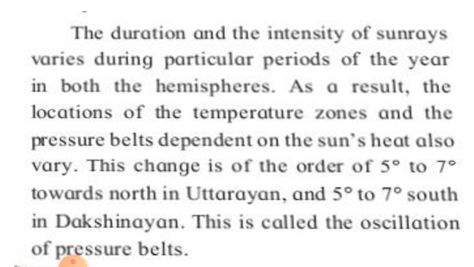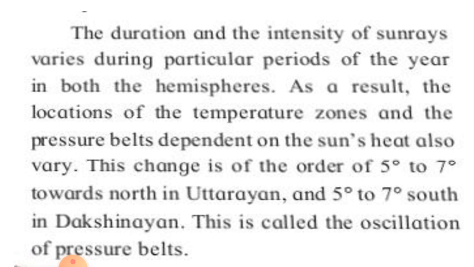This change is of the order of 5° to 7° towards north in Uttarayan and 5° to 7° towards south in Dakshinayan. So this is called the oscillation of